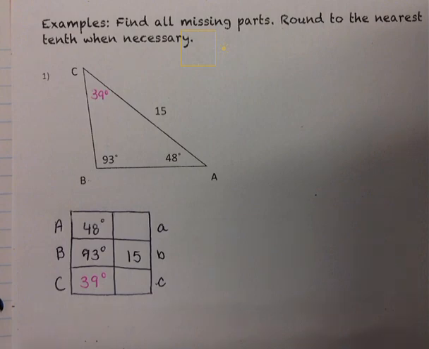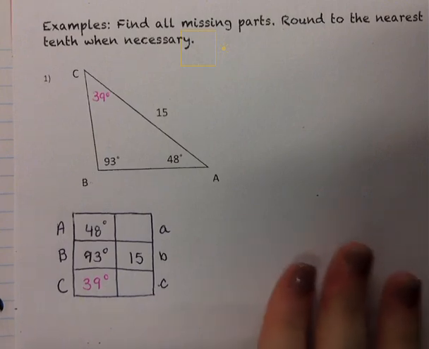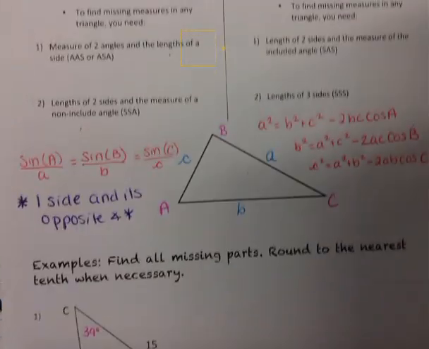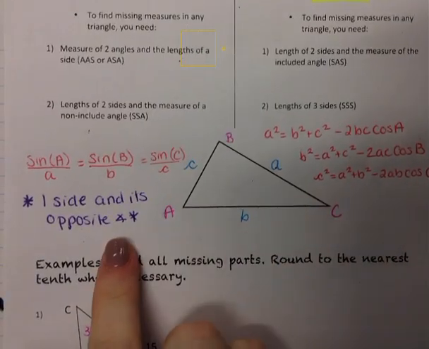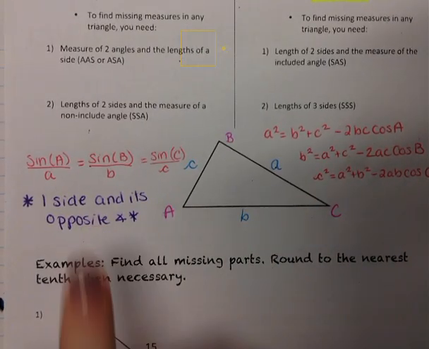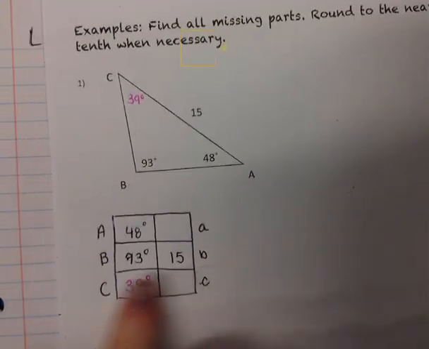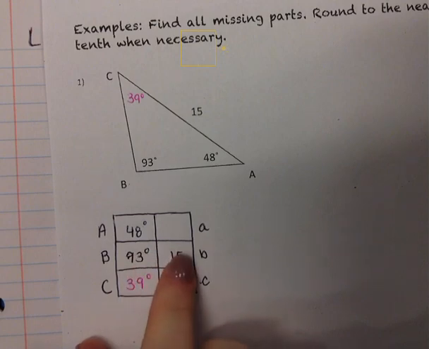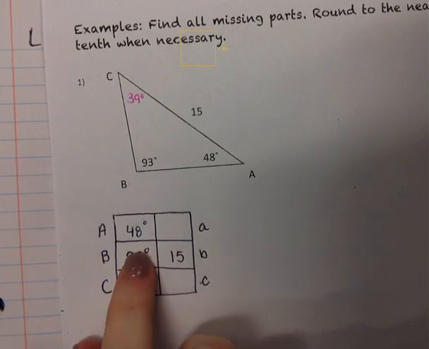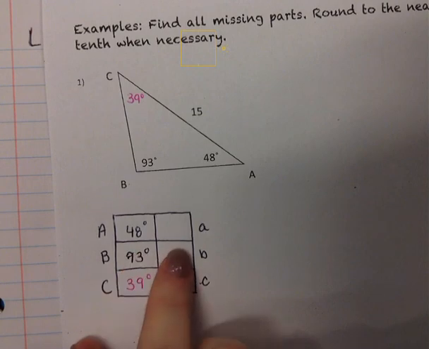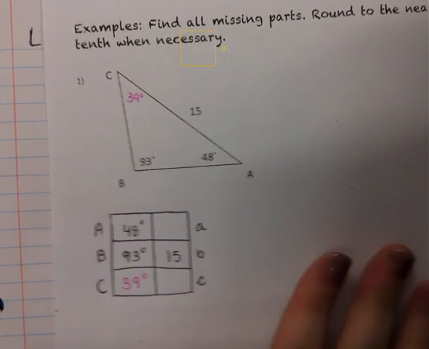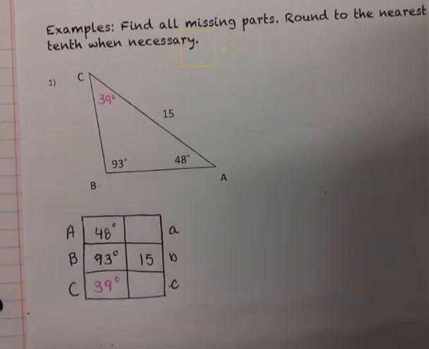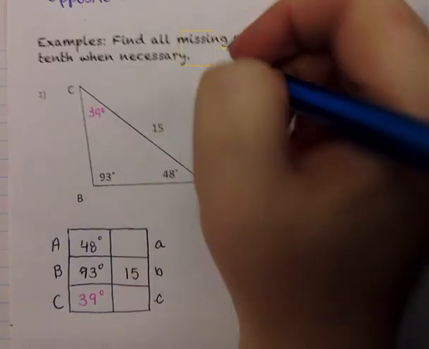Now, we need to determine which one we have to use, either law of sines or cosines. So again, coming back up to here, do we have one side and its opposite angle? If you notice, we have on this chart a number in both big B and little b. That's the side and its opposite angle. If we have in the chart a number, the entire row filled in, we can use law of sines. So that's what we're going to do, law of sines, LOS